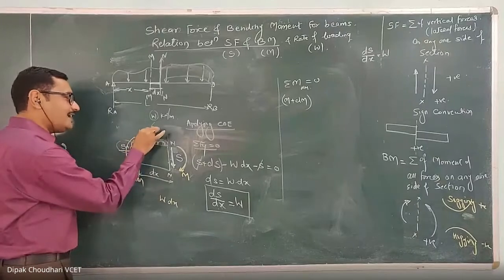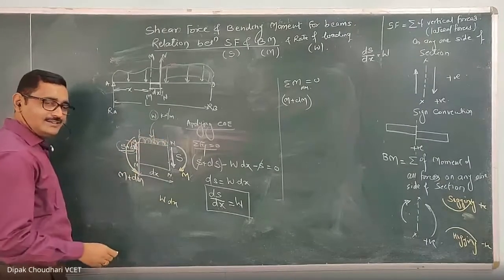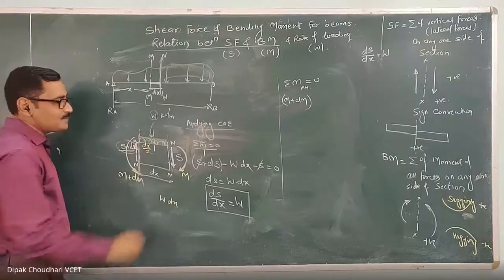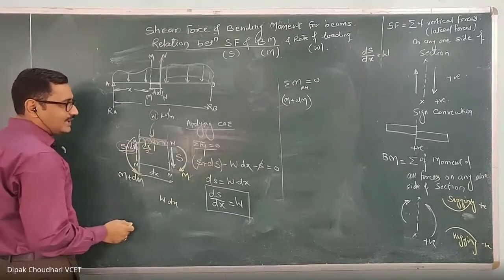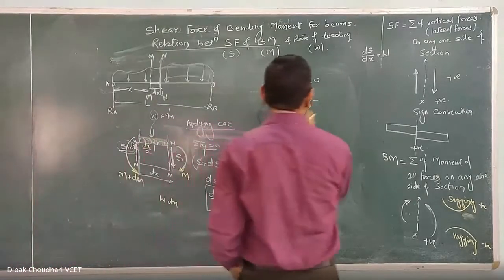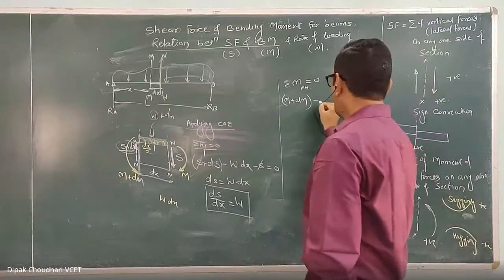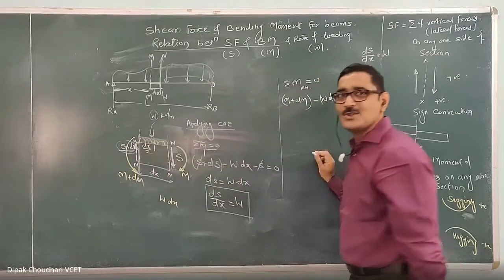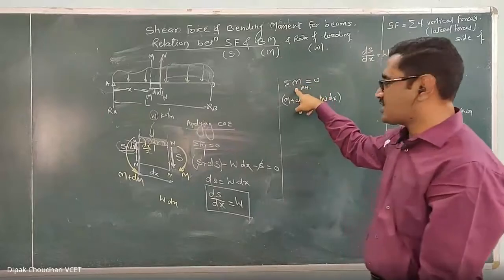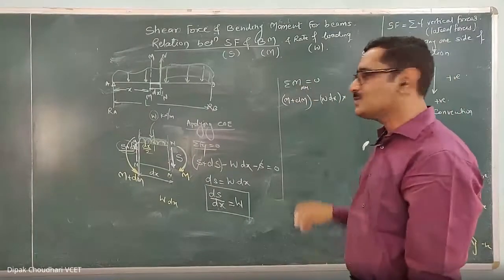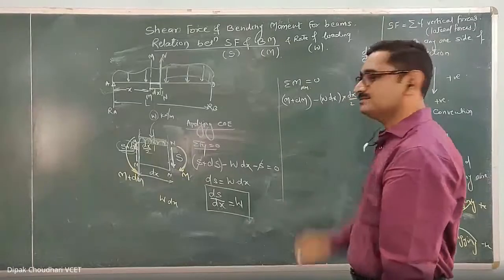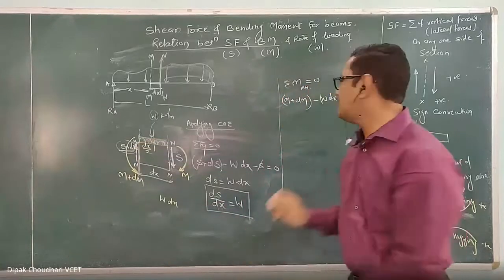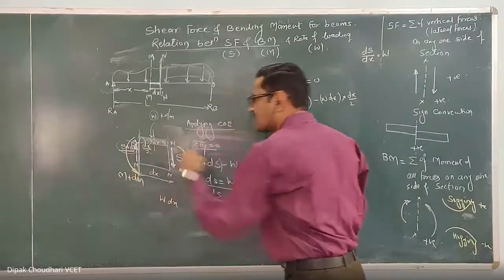Where will it act? It will act at the midpoint of this length because we are considering it as a UDL. So this distance is dx by 2. Total distance is dx, so this distance will be dx by 2. And then what is the moment of this equivalent point load for the UDL? It is clockwise, so it will be minus. Here, the load is W into dx. This becomes the equivalent point load, which acts at the midpoint, and we are writing the moment equation. So we have to multiply by the distance. What will be the distance? dx by 2. Total distance is dx, and it will act at the midpoint of that. So the distance will be dx by 2. So this is the moment of this UDL about this section.